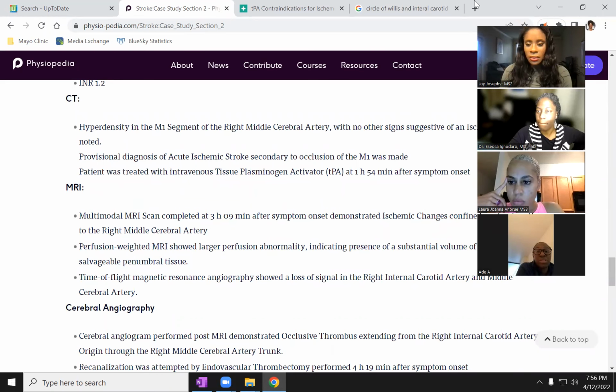So now that we've done the acute management, acute workup, this guy has gotten TPA, he's gotten his mechanical thrombectomy, he's going to be admitted now because the MRI is not going to happen in the ED. So when he gets admitted to the stroke service, we want to do an MRI because an MRI will tell us, did he really have a stroke? Like you look at that DWI scan and that will show you, did he have a stroke? So they do MRI, they look at the perfusion weighted sequence, and it shows perfusion abnormality indicating presence of substantial...